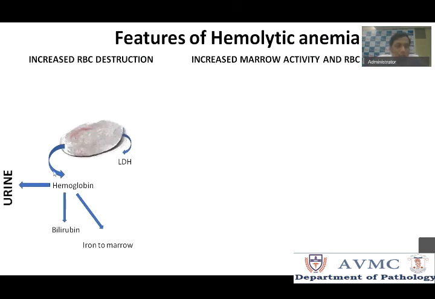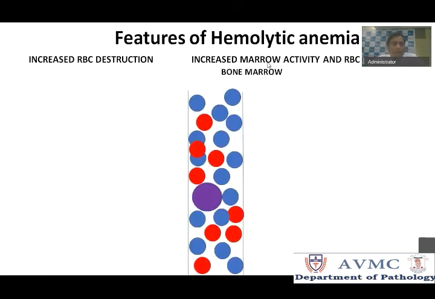So for any hemolytic anemia, if a question comes in the exam, you can write increased LDH, hyperbilirubinemia or increased bilirubin, and increased iron stores in the marrow, and only when it is intravascular do you need to write hemoglobinuria. I'm giving generalized findings for all hemolytic anemias and then I'll go fast. Now coming to the second component, which is increased marrow activity and RBC production to compensate for the loss. Here, this is a schematic diagram of the marrow.